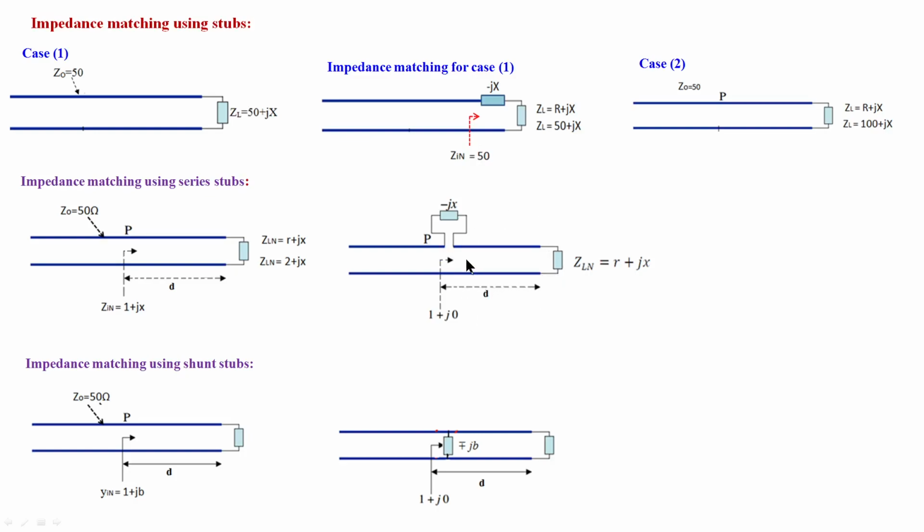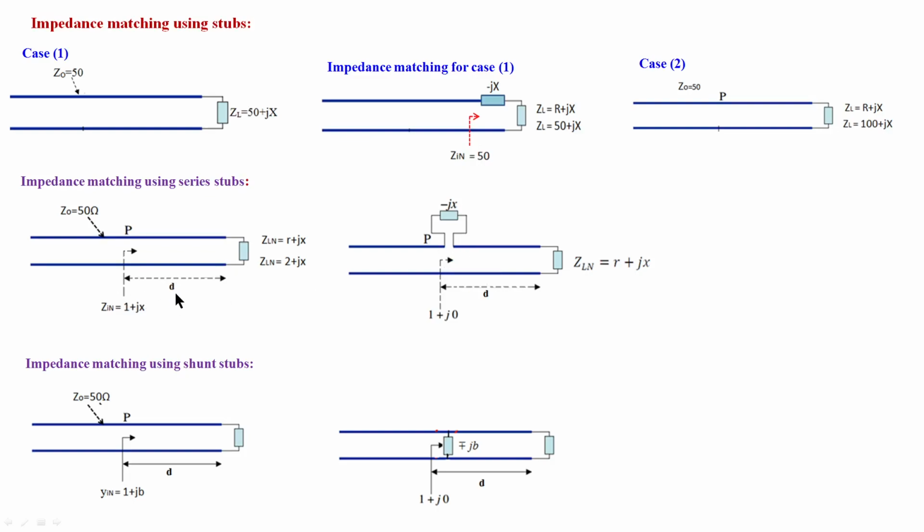Assuming this is lossless and a very short length, this distance is very small, we can get maximum power delivered to this load. That is called single stub matching. So find a position at which the impedance is 1 plus jx, that is, 50 plus jx, with real part 50 and whatever x may be. We can find at what distance it is from the load. At that position only you should connect the opposite reactance. So this distance we have to measure.